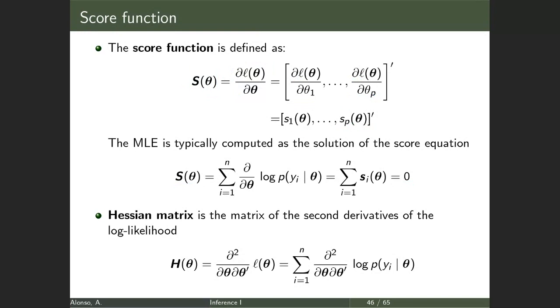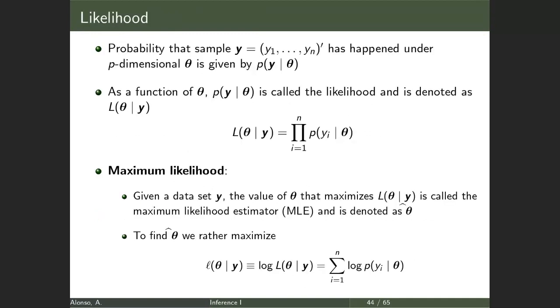Now you can look at the score function in a different way. Remember what the score is? The score comes from the log likelihood. You remember the log likelihood is just the sum of all these components, so it's the sum of the logarithm of the probability of each outcome. And if you look at that, then